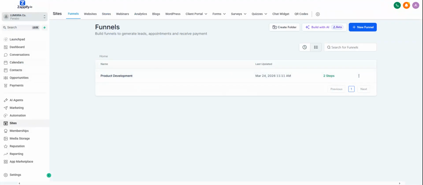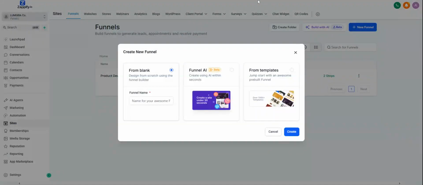If we are in the sites, go to the website and click new website. If you are in, we need to click new funnel. So if you get a new funnel,